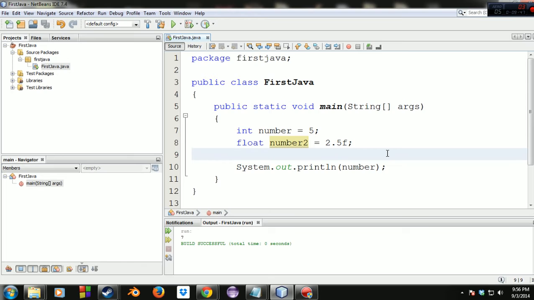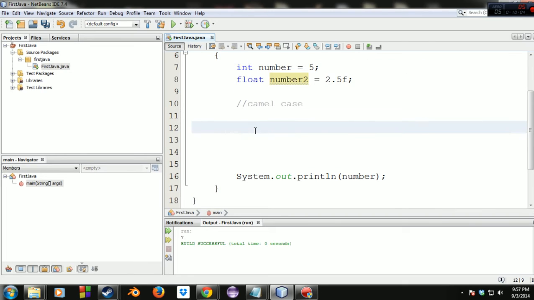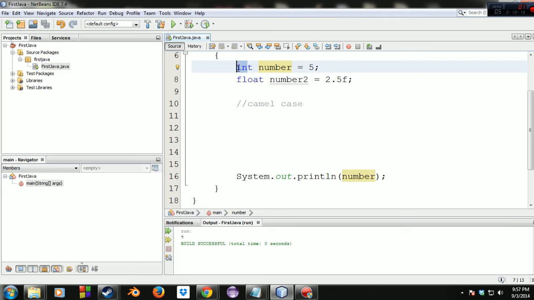Now, there's some things I should mention. You can name your variables pretty much anything. You can just play around with it if you want to see if something works. The naming convention that I usually use is called camel case, where you start with lowercase, and then every new word after that begins with a capital letter. You can't put spaces between your variables because that constitutes white space, and even though white space doesn't typically matter, it does matter for declaring stuff because you have to be able to separate words like integer and float. Because if you do like this,